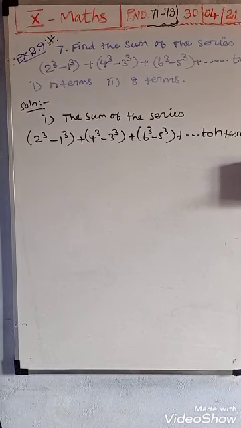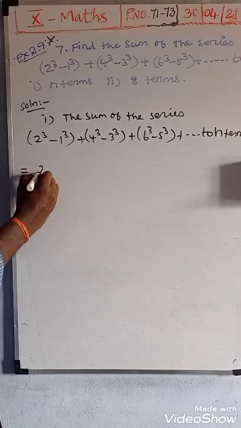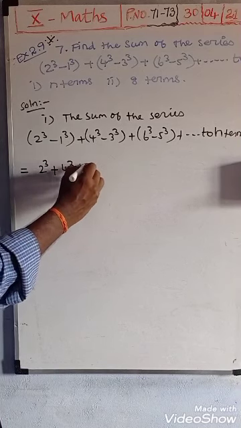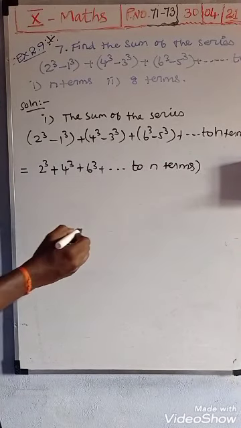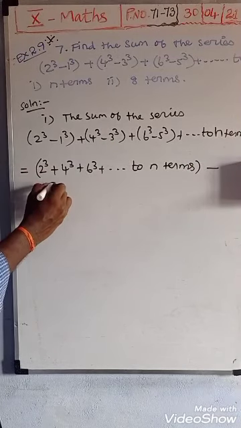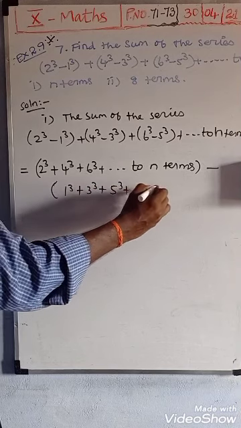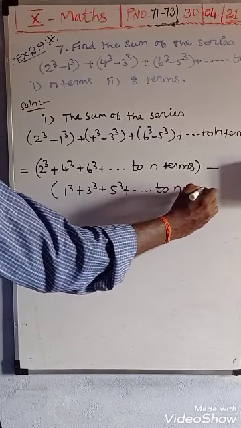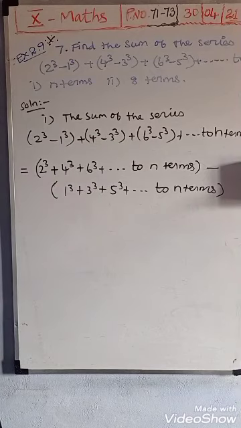Okay, it is difficult. For that, what we want to do is, since 2 terms are given, you should split and write first. In this series, first you should split and write. Now split means first the even numbers: 2 cube plus 4 cube plus 6 cube plus up to n terms, you should split. Then all the minus is common, you take minus outside, then in brackets the remaining 1 cube plus 3 cube plus 5 cube plus up to n terms. So the two terms are combined, we split and write them as 2 terms.